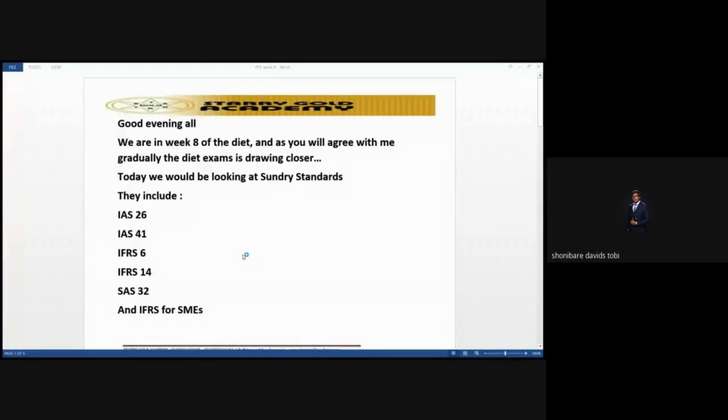Sometimes some people can say it's similar to the recognition criteria in IAS 2, but are they similar? What's the recognition criteria in IAS 2? Once in a while, I need to be throwing these to us to know how we are preparing. What's the recognition criteria in IAS 2? Items of inventory are expected to be measured at what? Lower of what? All right, let's move on.